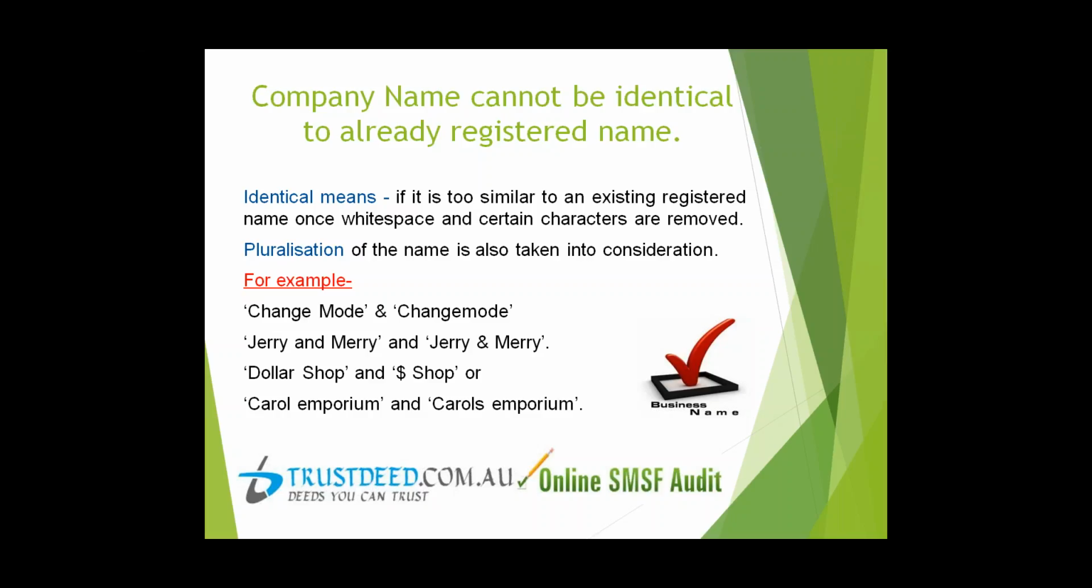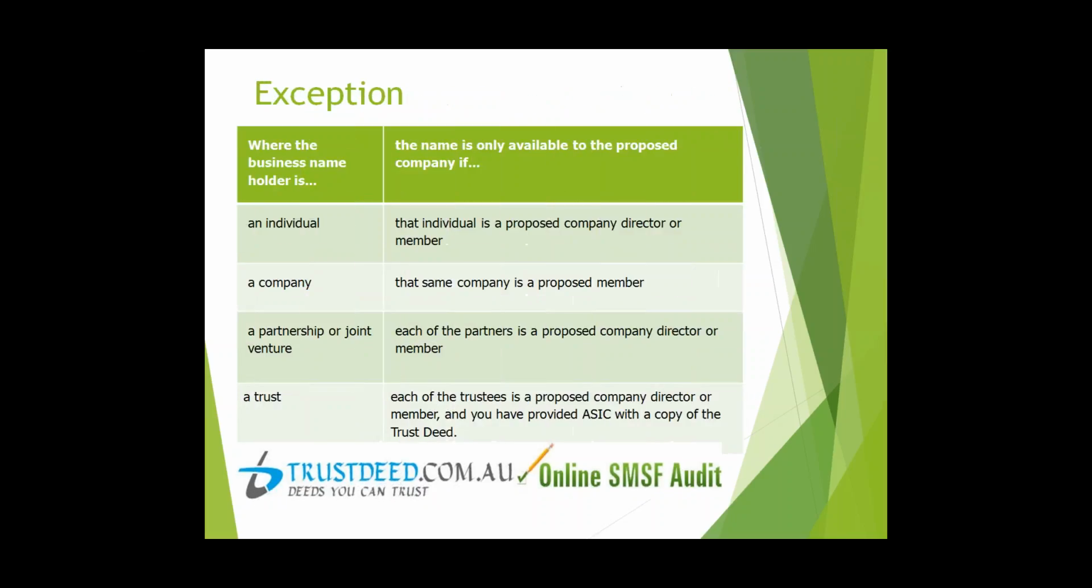Carol Emporium and Carol's Emporium are identical names, as Carol's is the plural form of Carol. So we now know what identical names are. There is, however, an exception with regard to a company name identical to a business name. You can have a company name identical to an already registered business name, provided that the business name is owned by you